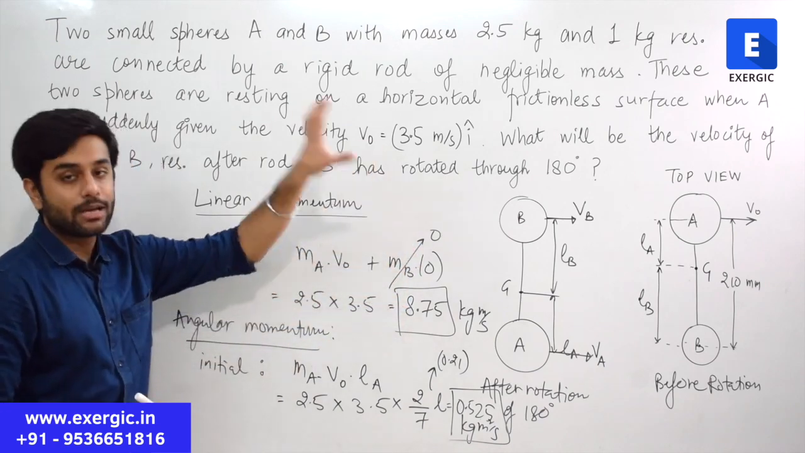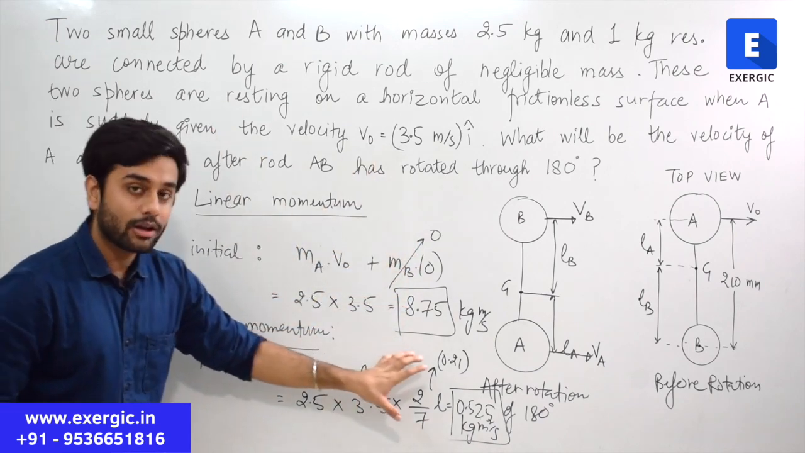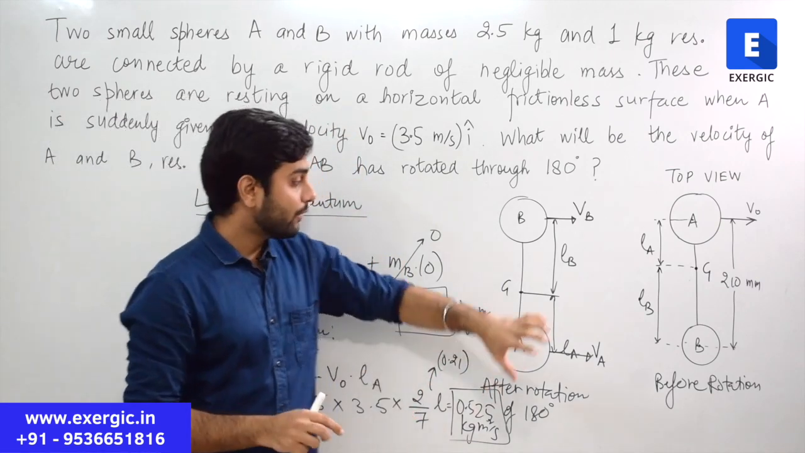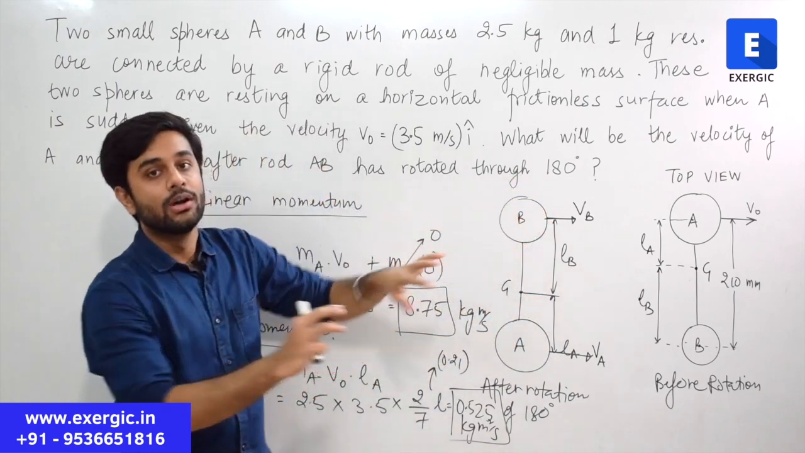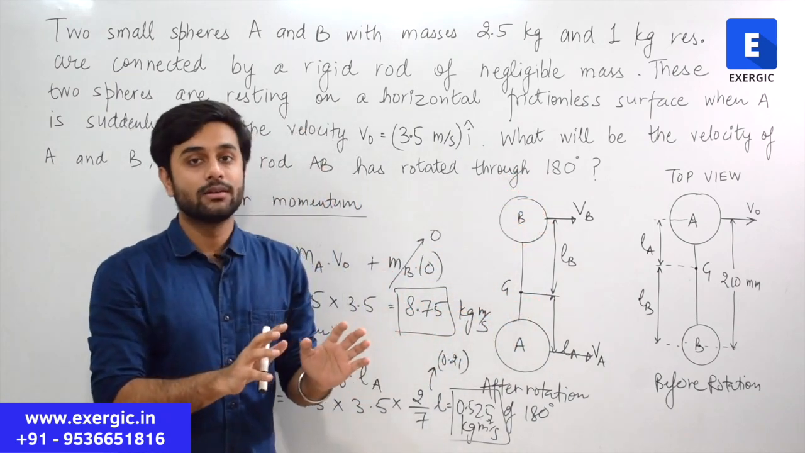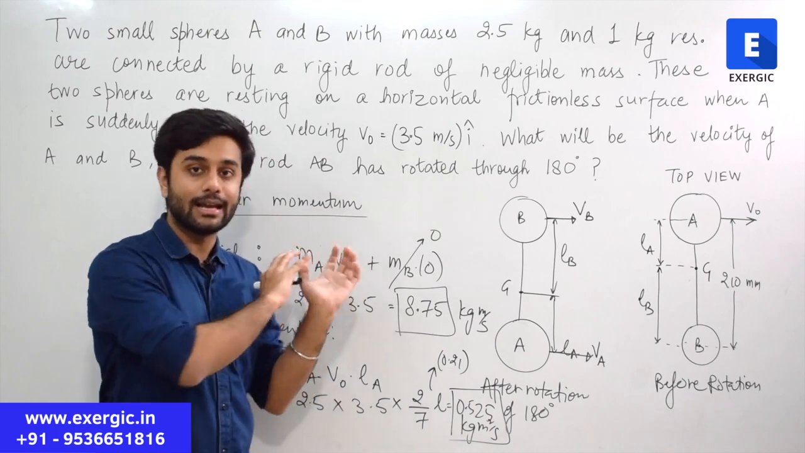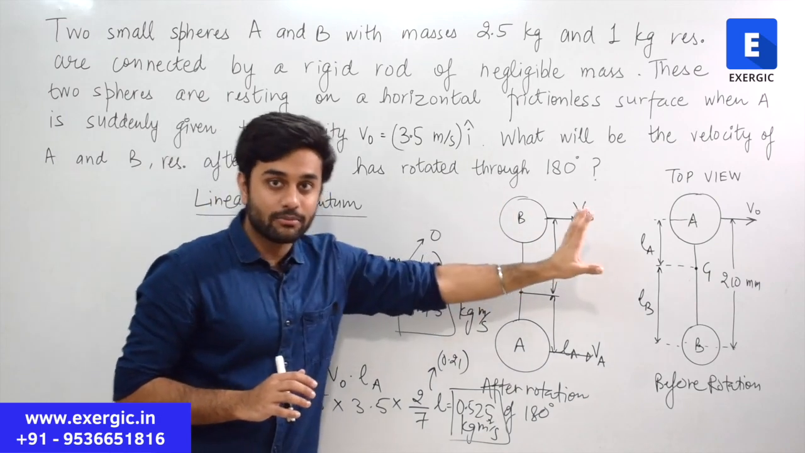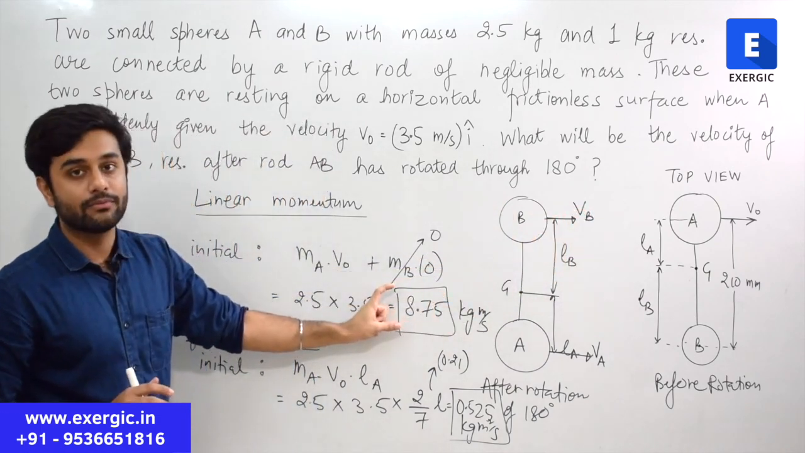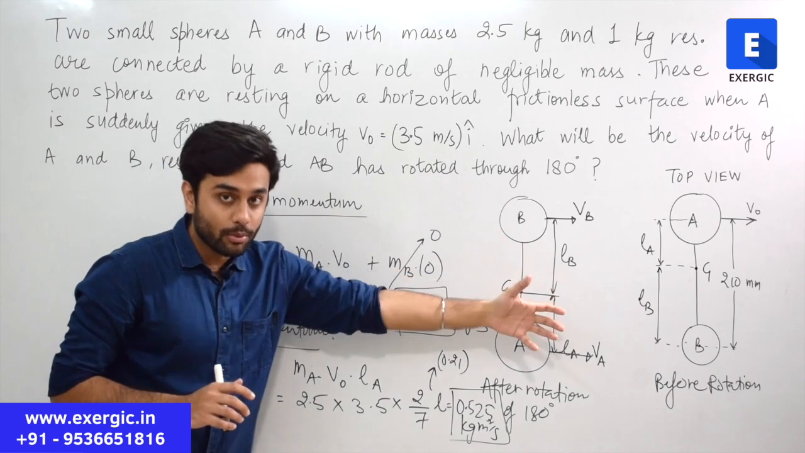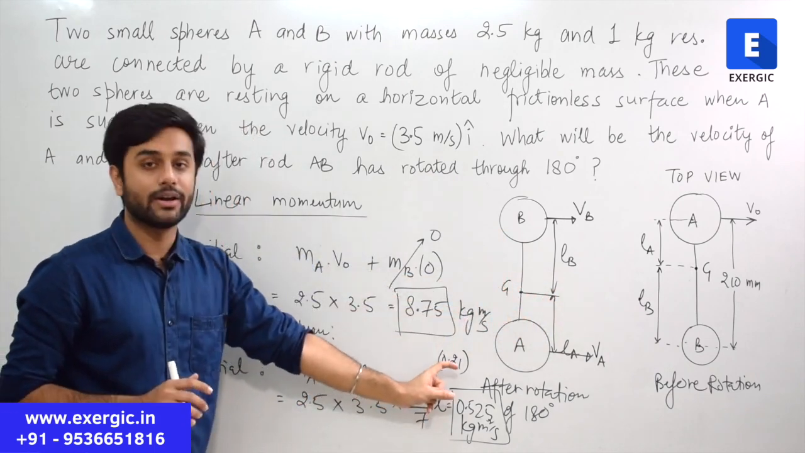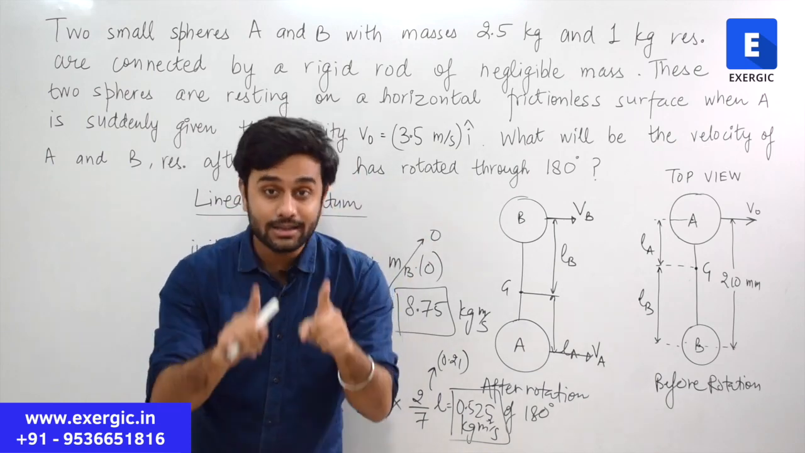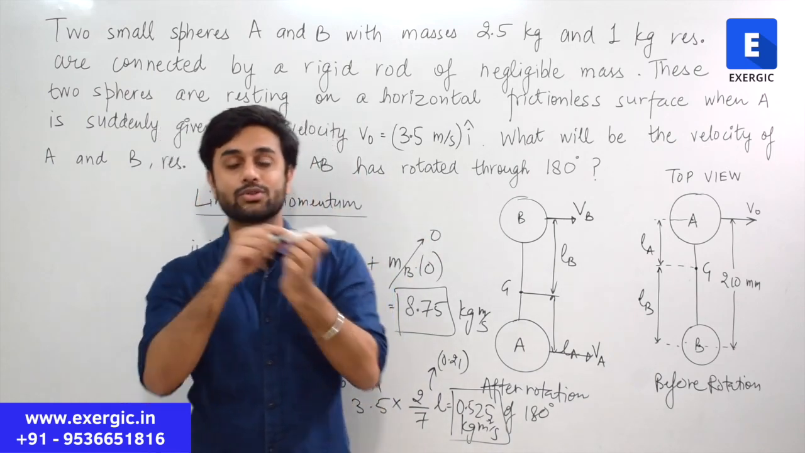This is initial linear momentum, this is initial angular momentum. And from the law of conservation of momentum, for this final condition also, momentum should be conserved, both the linear as well as the angular. So for this case, the linear momentum will be equal to 8.75, and for this case the angular momentum will be equal to 0.525, because momentum, both linear and angular, are conserved when there is no external force or torque